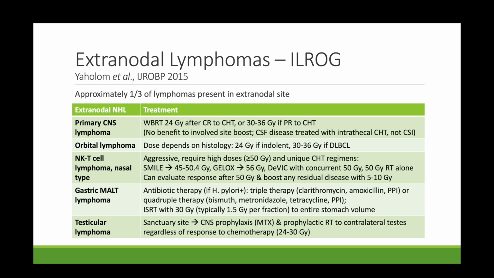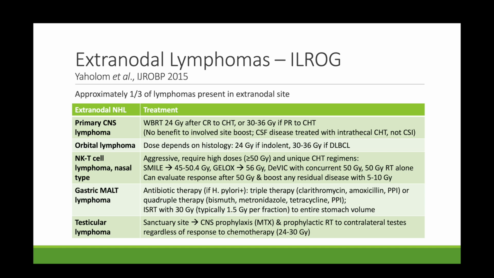Gastric MALT lymphoma is unique because remember that is the one type of cancer that can actually be treated and sometimes cured with antibiotic therapy alone if it is H. pylori positive. So we utilize triple therapy or quadruple therapy with antibiotics to treat the H. pylori. There is a genetic translocation that can be associated with gastric MALT lymphoma. That translocation is t(11;18), and if that translocation exists, then those lymphomas tend to be less likely to respond